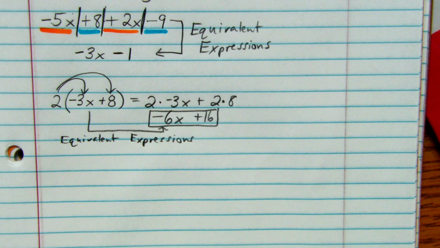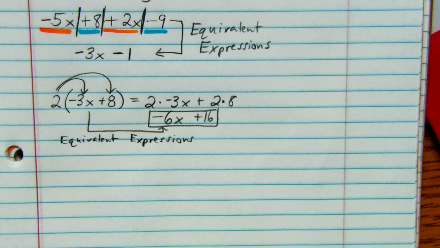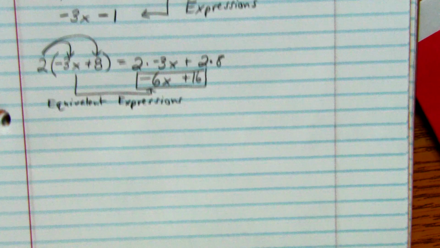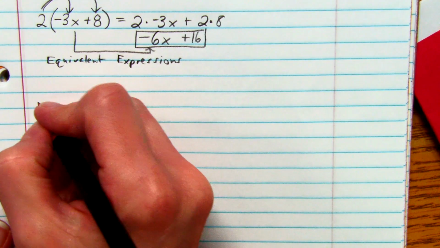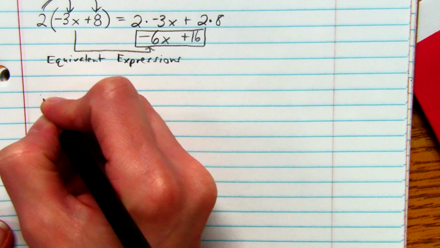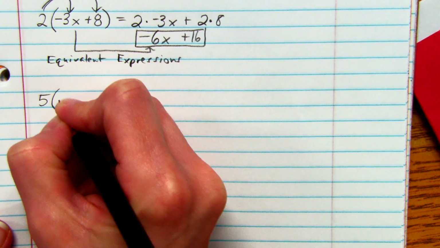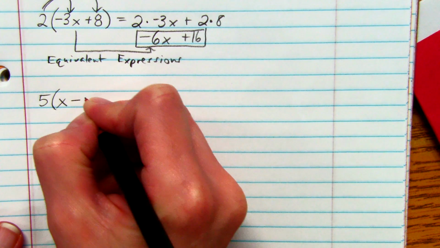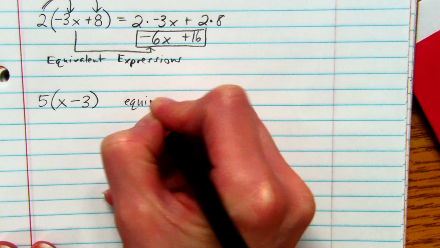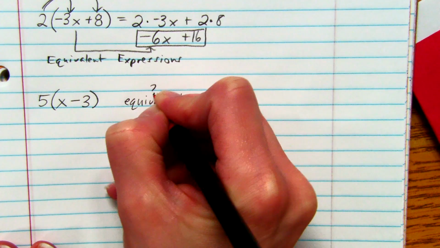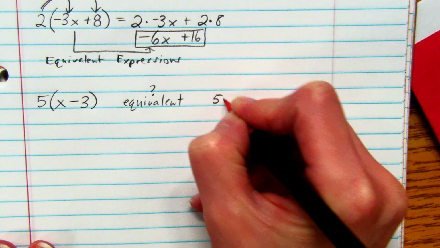So I know what you're thinking. We've done all of this. Although I will say it's always good to review. I'm going to show you how you can check if two expressions are equivalent. So let's say that I give you something like, I'm trying to think of a good one, 5, and then in parentheses, x minus 3. And I want to know if it's equivalent. I'm going to put a question mark there. Is it equivalent to 5x